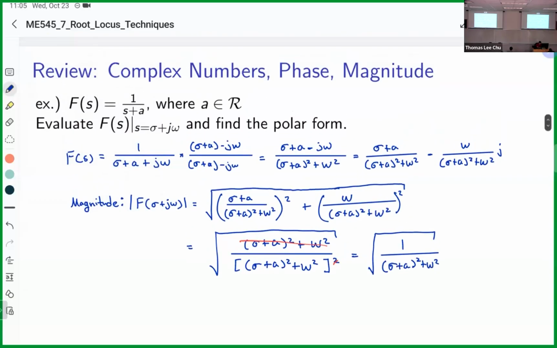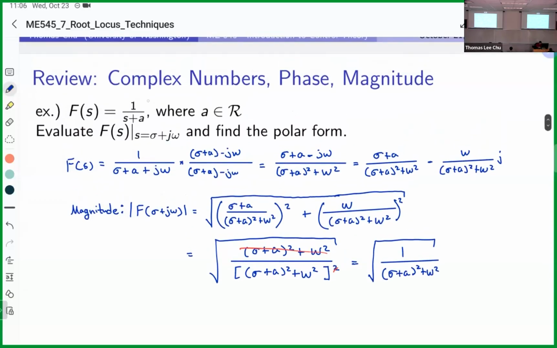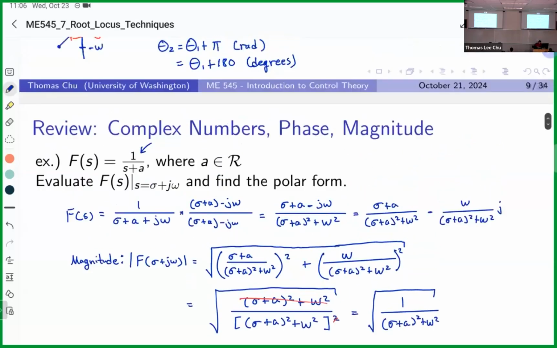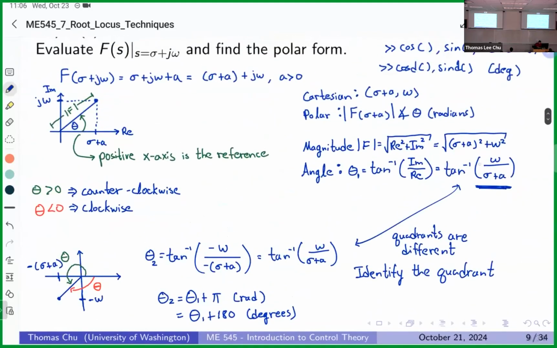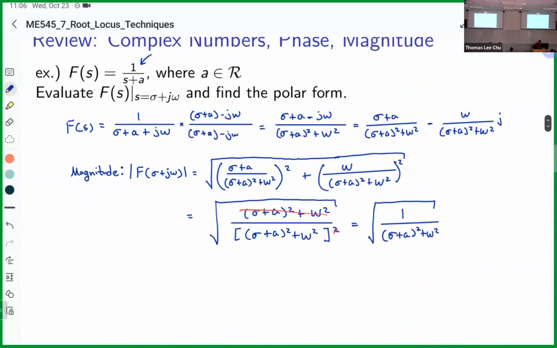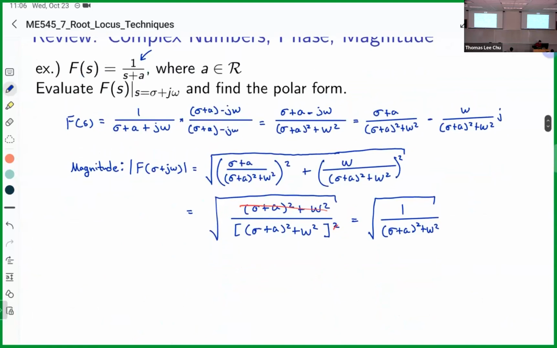All right, so to no surprise, the magnitude of this is just the inverse of the previous example we did. It's just the inverse of that. So the nice thing about this property is that when we take the phase of it,